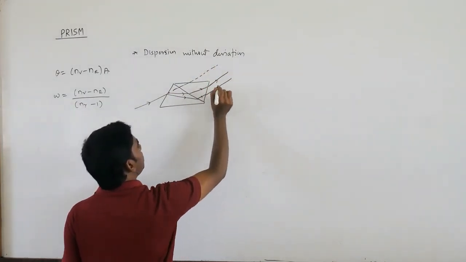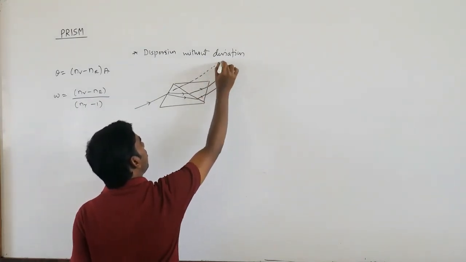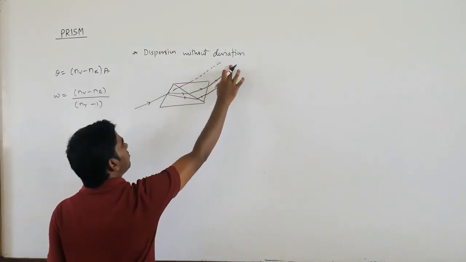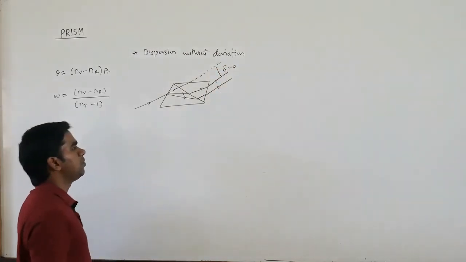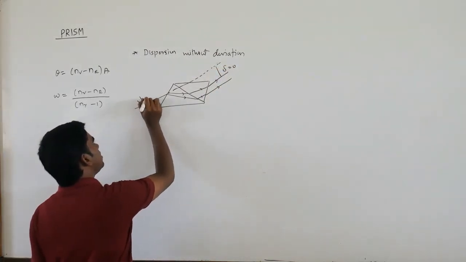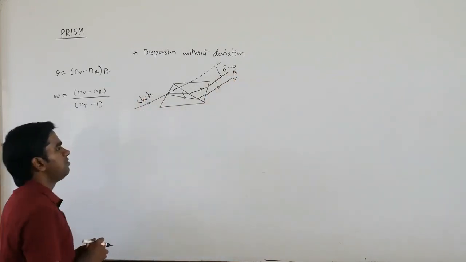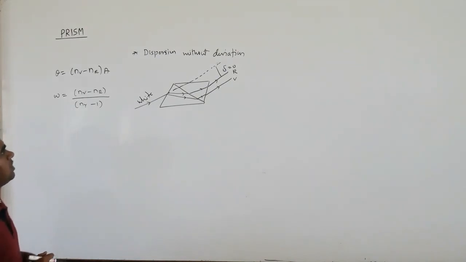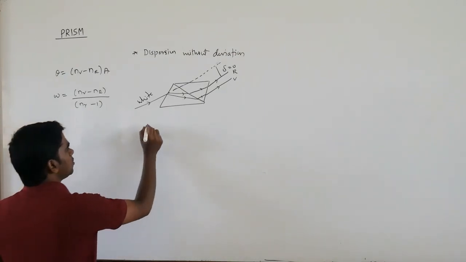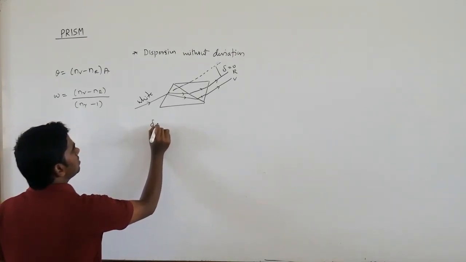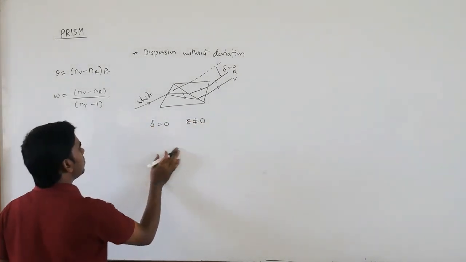If you see the angle between the incident ray, or the initial path, and the path after emergence, there is no deviation. So here deviation is going to be 0, but you can get two colors. Here white light was there, here you get split lights, red and violet. Since delta is 0, it is called dispersion without deviation. You can see the colors but deviation is not there. So deviation is 0, but dispersion is not equal to 0.